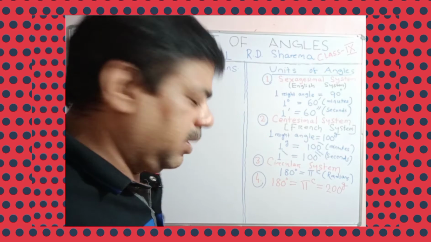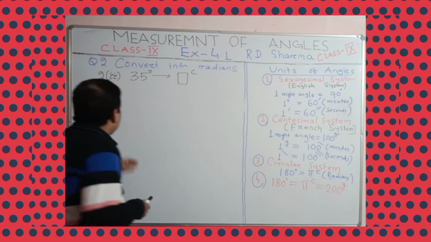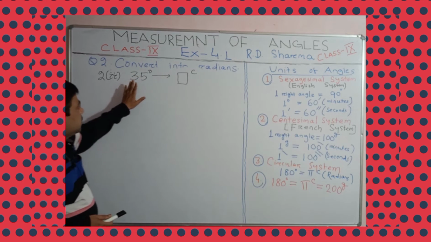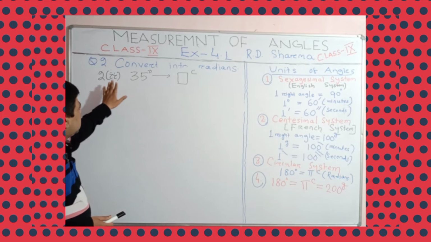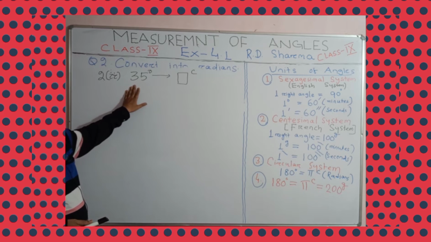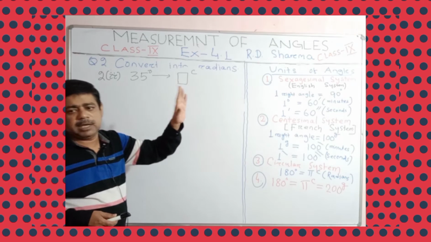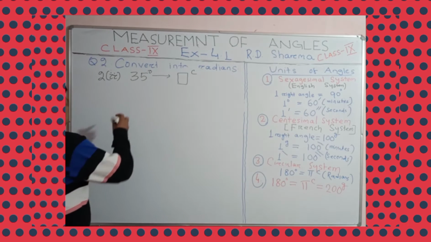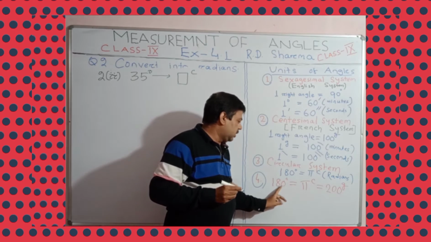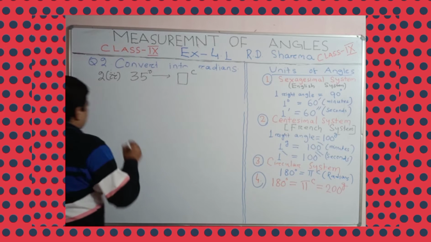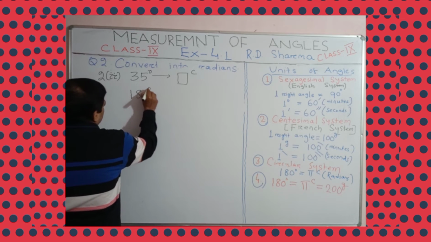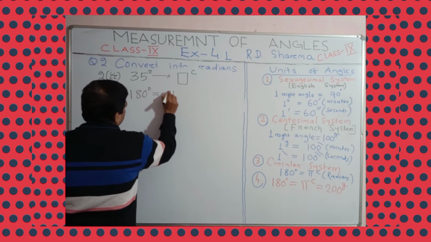Okay, question number 2. Similarly, here we are converting the angle from degree to radian. The second bit of question number 2 is given as 35 degree. We are converting 35 degrees into radian. How much radian? Understand? So according to the relationship, 180 degree is equal to pi radian. Note down this one, 180 degree